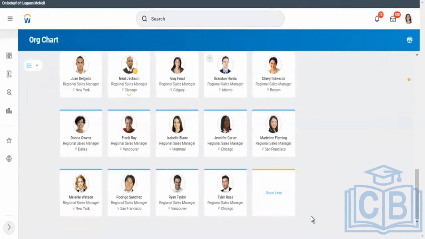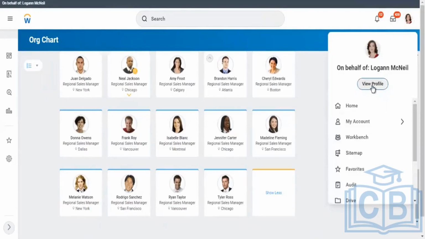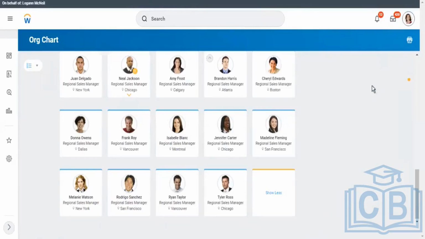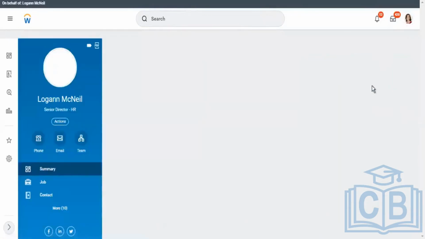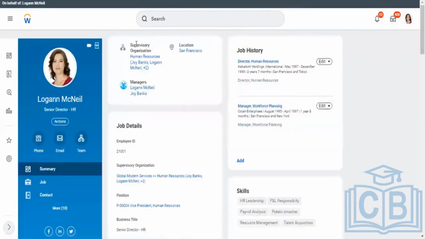If you go to your tenant, you must be seeing that you're reporting to your manager within one organization. If you go to your profile also, you should be seeing your organization name. In your profile, you'll be seeing your supervisory organization. Your manager will be there.